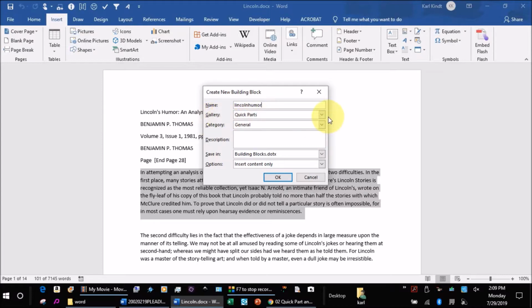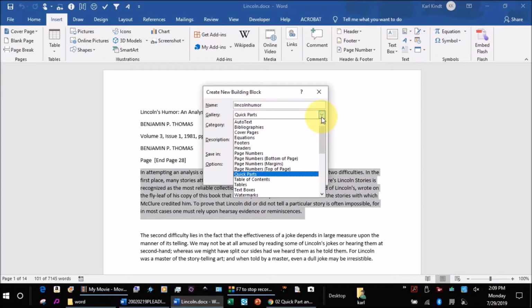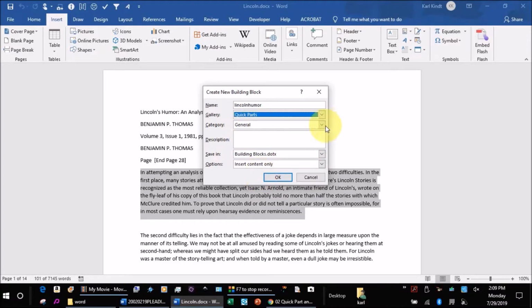And then the gallery, if I decide to put it in auto text instead of quick parts, it's going to let me just type the first few words of that paragraph in space attempting, and so on. But I just want to put it in quick parts. In the category, I can come in here and create a new category, and I'm going to say humor, and then say OK. So I could add other humorous quick parts besides something about Lincoln's humor,